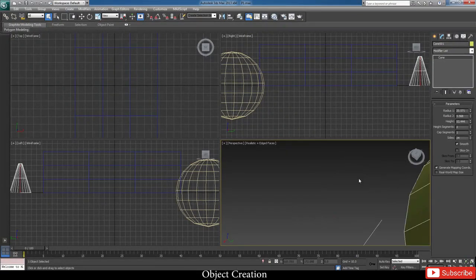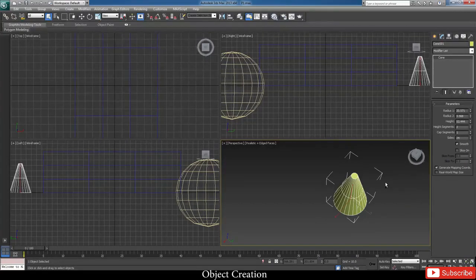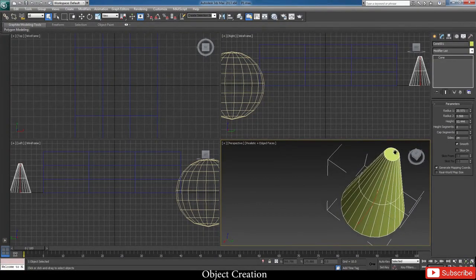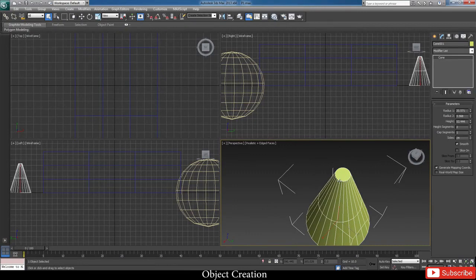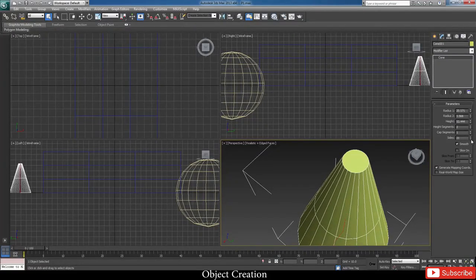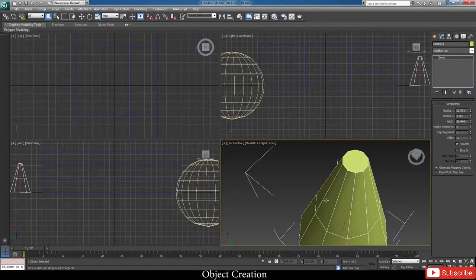Let's just zoom in. See, you are zooming in a little too much here. So what you can do is Control Alt, middle mouse button, and slowly drag your mouse ahead. Then middle mouse button, click it here, and you have this thing close here. So you see this is plain. So increase these cap segments. See, you're getting more caps here. And on the sides, you can reduce this. The less the better, but do not spoil the shape. Similarly, smooth gives a slight smooth look on the exterior.